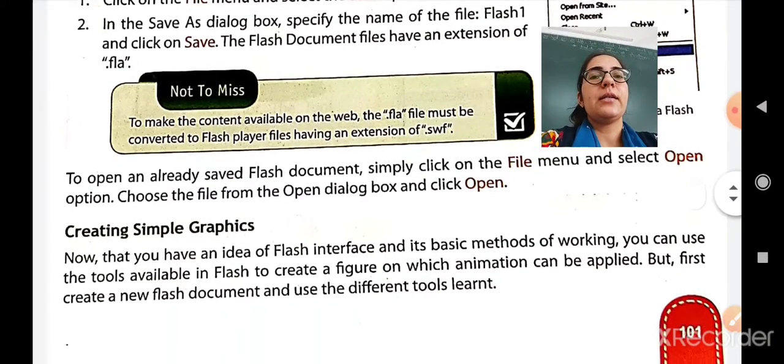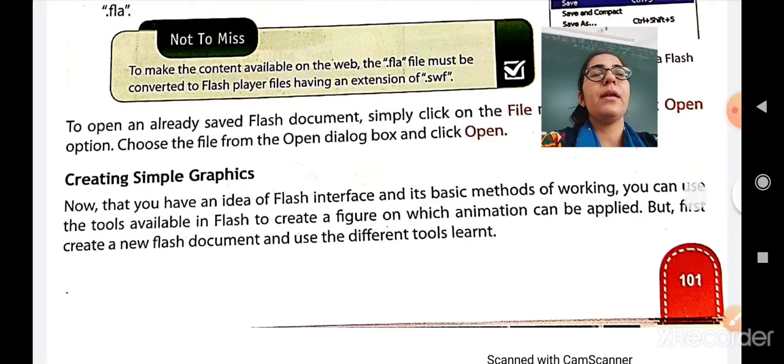Now let us start with creating simple graphics, like any drawing, any shape, how to create it. Now that you have an idea of the Flash interface and its basic methods of working, you can use the tools available in Flash to create a figure on which an animation can be applied.